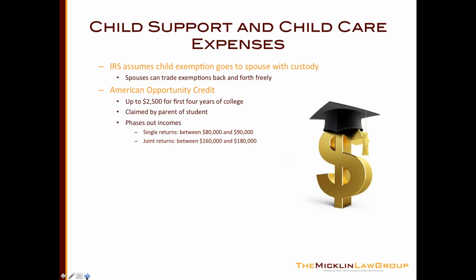All right, so there are several other issues about tax, child support and child care expenses. So first is the exemption is considered to go with the spouse who has custody, physical custody. Now you can trade it back and forth. There's some paperwork that you need to sign for, but essentially the IRS considers it goes to the person with